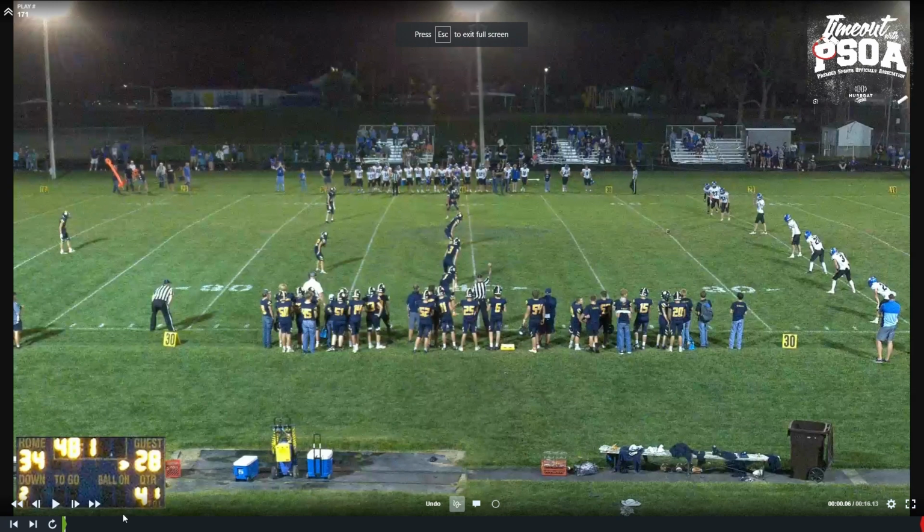Might as well end this training tape. If you take a look at the clock at the bottom of the screen, we have 34 to 28, so a 6-point spread with 48 seconds left. We have to be aware of a lot of stuff: how many timeouts are left, what's the potential that they're going to do an onside kick or kick it deep. Start thinking like a coach. Start thinking the game. So as we play this out,